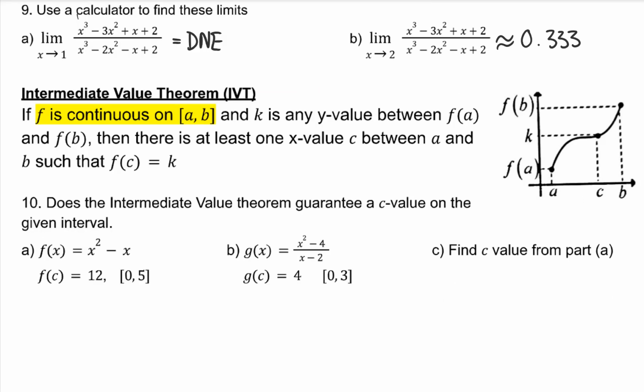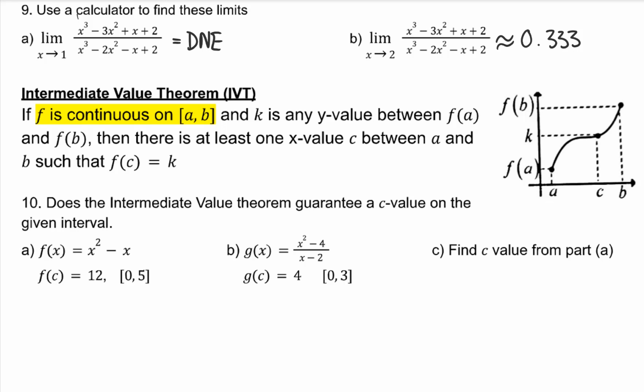All right, the intermediate value theorem. When we use theorems in AP Calculus, we have to establish the conditions in order to use that theorem. You have to write out that the conditions have been met before using that theorem. And what are the conditions? That would be f is continuous on the closed interval a to b. Absolutely necessary. So not only do you have to look at it and say, okay, yeah, f is continuous, you have to write the words f is continuous on the closed interval a to b in order to get full